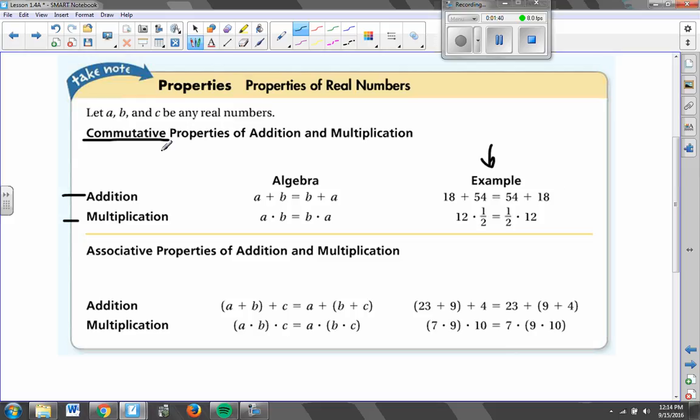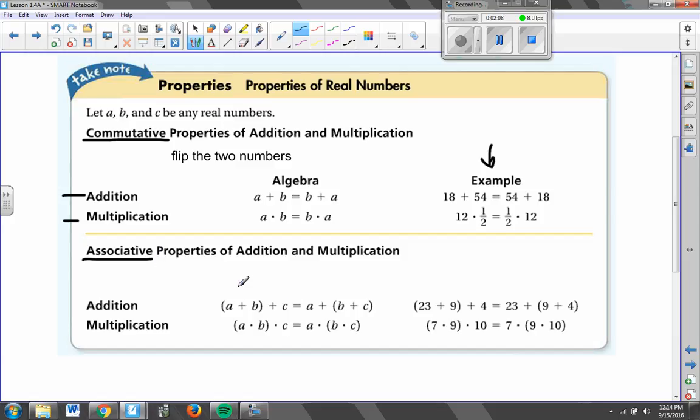So that's called the commutative property when we flip around the two numbers. Commutative property means to flip around the two numbers. And that only works for addition and multiplication. And the same thing is true for the associative property. The associative property